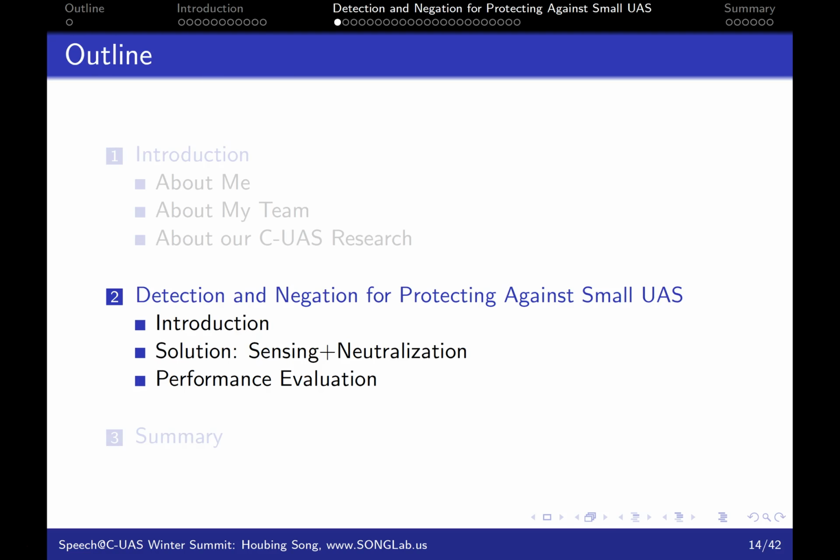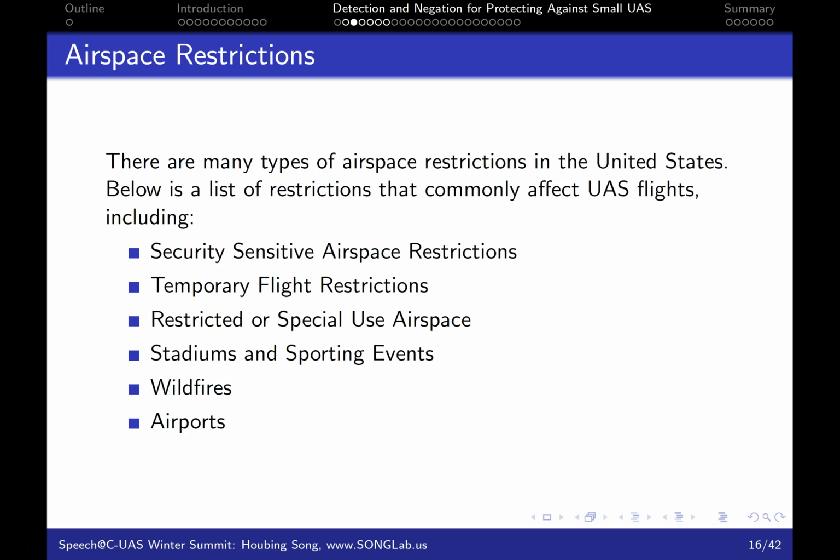So now let's move on to the second part, the detection and negation for protecting against small UAS. Introduction. There are many types of airspace restrictions in the United States. So here is a list of restrictions that commonly affect UAS flights, like the security sensitive airspace restrictions, temporary flight restrictions, restricted or special use airspace, stadiums and sporting events,